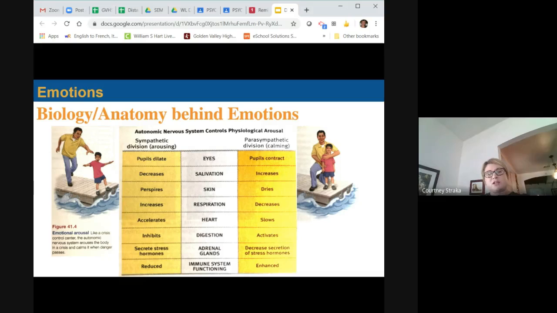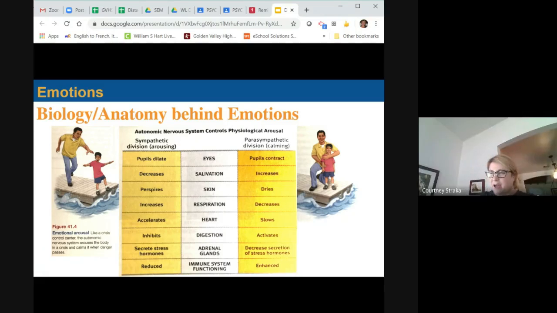These are important things to remember biologically about what's happening in your body, because certain emotions are going to cause different divisions to start. Can anybody think of an emotion that would get the sympathetic division started? Fear. Yes, absolutely. What might be another emotion that would get your pupils to dilate, your heart rate up, and you might start sweating? Love. When you're in love,